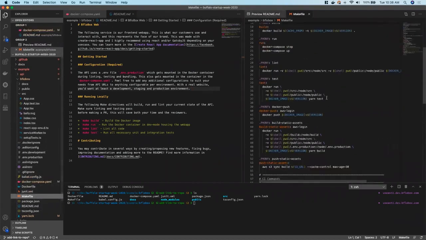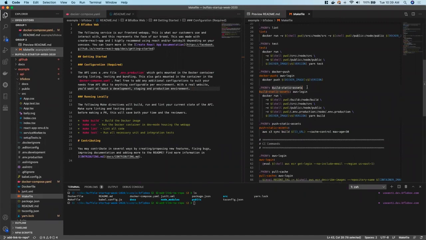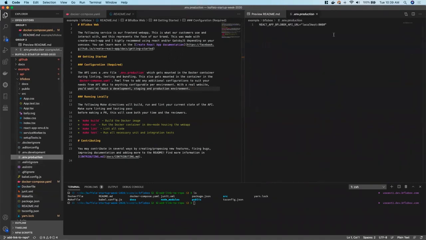So there should be a make directive called build static assets, which is simply going to run yarn build. It's also going to take in our environment file that has a link to our API, which shouldn't be localhost for production. I'm probably not on the right